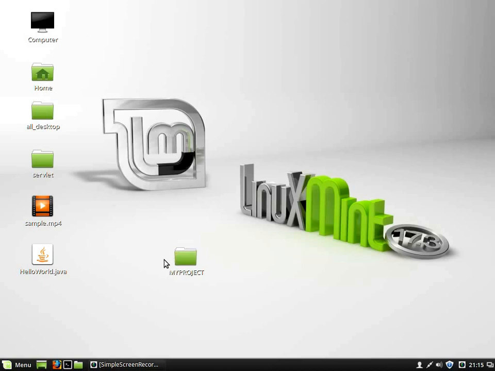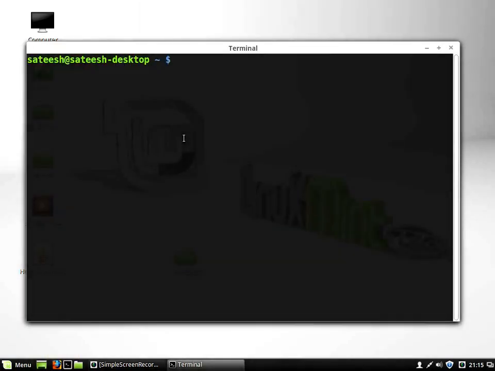Using that jar tool, we have to create an archive for this particular project, and then using the browser, typing the IP address, that means localhost, from there we need to host our application. So if you learn this procedure, then even if your Apache Tomcat is running on some other machine, you will be in a position to host and execute your application. Right now, let's see how to create a jar file. To create the jar file, my folder is available on the desktop. So I'll go to the desktop.